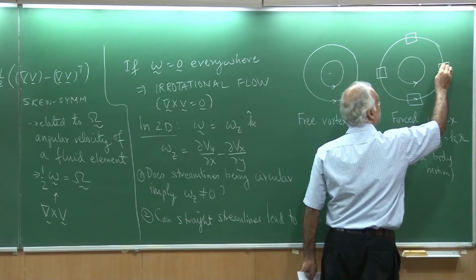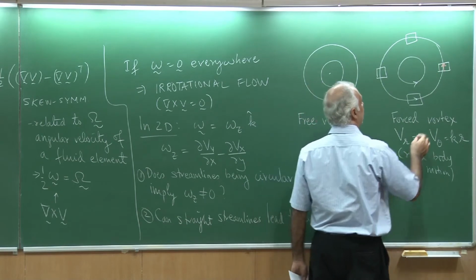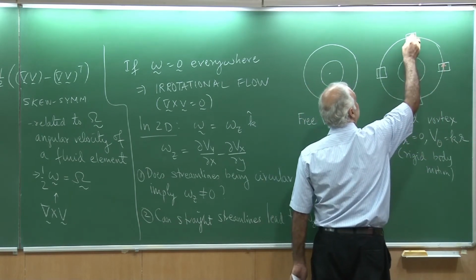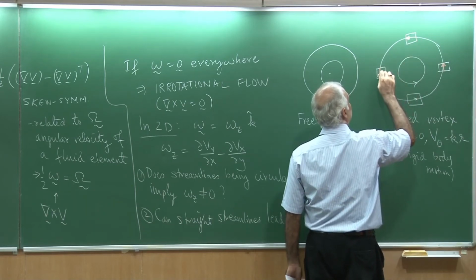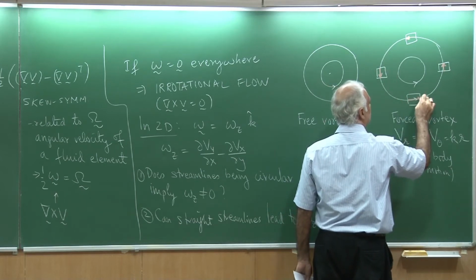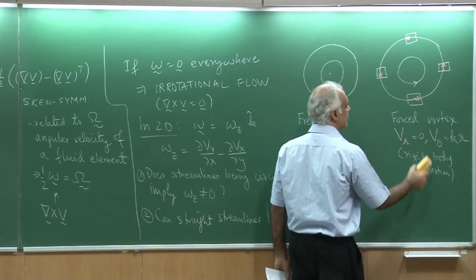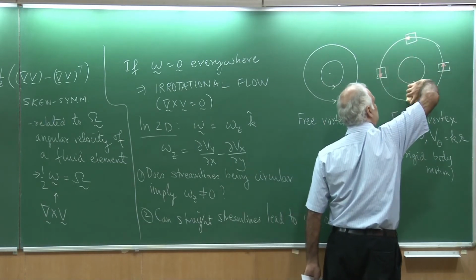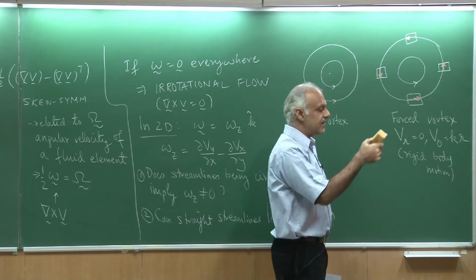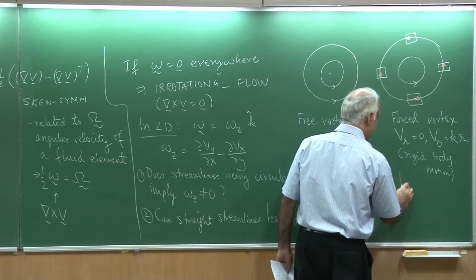Let me say this is the orientation of the element at this location. Then what I would find is that this element goes like this, then it goes like this, and further it goes like this. So again, to show you, the element would be doing this. It is spinning about its axis as it rotates. This flow would be a rotational flow.